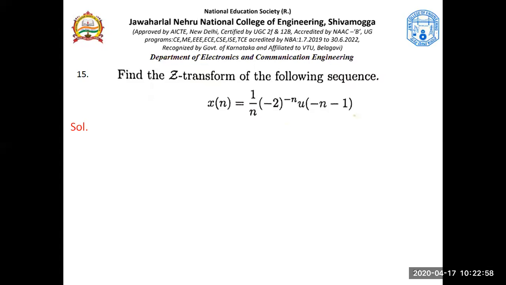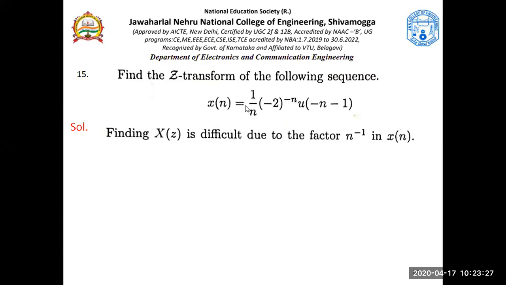Remember, if 1 by n is there, we cannot find out x of z straightforwardly. We cannot directly do that problem. So what else needs to be done? Because 1 by n is there, needs to be seen now. The culprit is this; he is posing the problems. How to get rid of that problem is the lesson that we are going to learn from this particular problem.